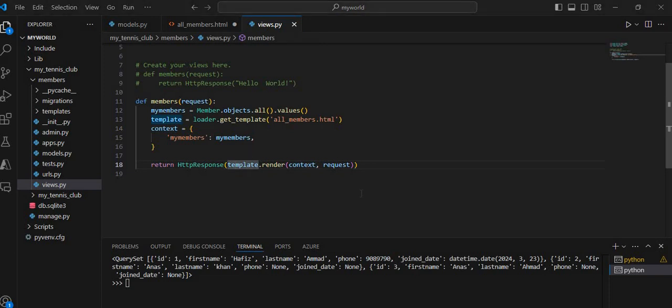Let me एक बार मैं फिर आप लोगों के लिए रिपीट कर रहा हूँ कि ये मैंने क्या किया इस व्यू फंक्शन के अंदर जिसका नाम मेंबर्स है। मैंने सबसे पहले एक ऑब्जेक्ट क्रिएट किया है जिसका नाम मेंबर्स है, और इस ऑब्जेक्ट को मैं क्या दे रहा हूँ, जितने भी वैल्यूज़ हैं मेंबर मॉडल की वो मैं दे रहा हूँ इस ऑब्जेक्ट के, ठीक है।